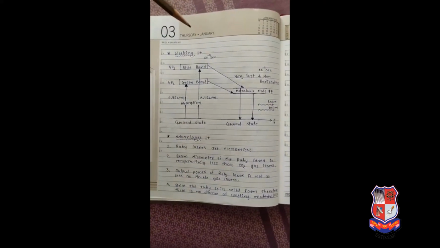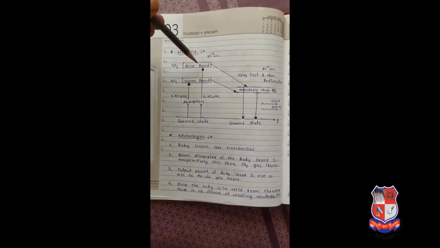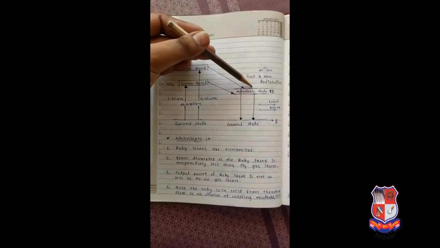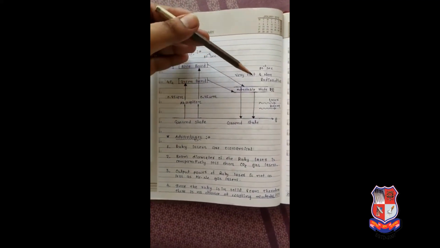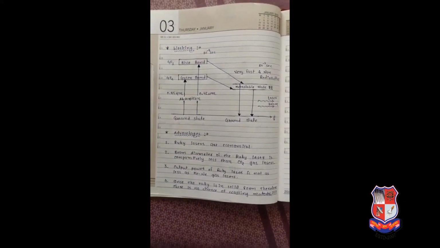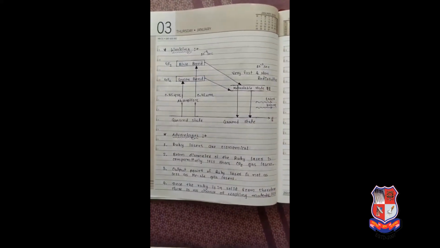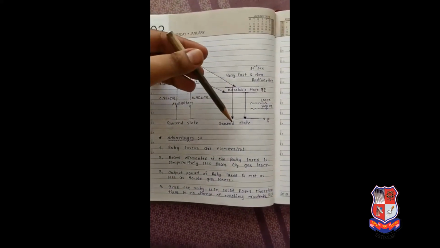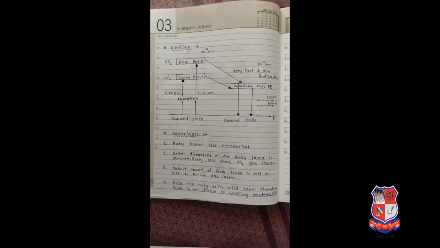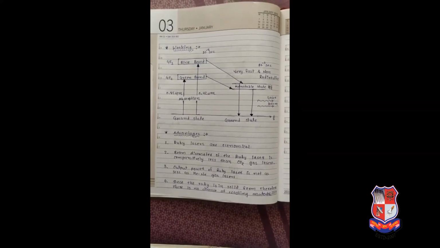Population inversion is achieved, as more chromium ions are excited and come to the metastable state. So population inversion is achieved and lasing action is done, and from that we can achieve the laser beam on the secondary side. Finally the ions come to the ground state, and this process is repeated. So this is the working of ruby laser.